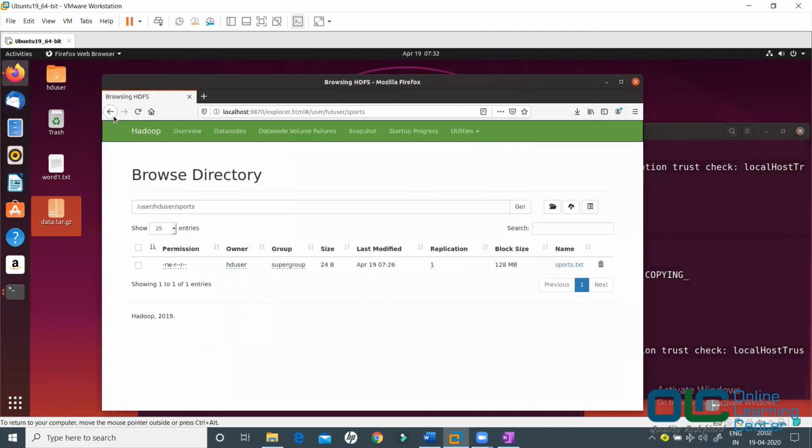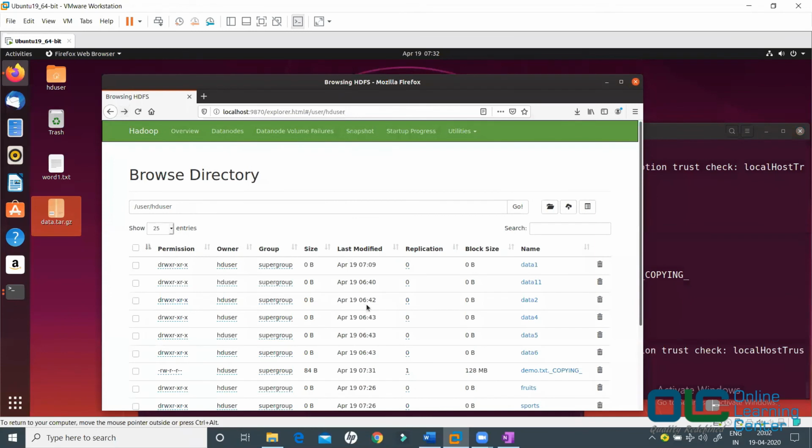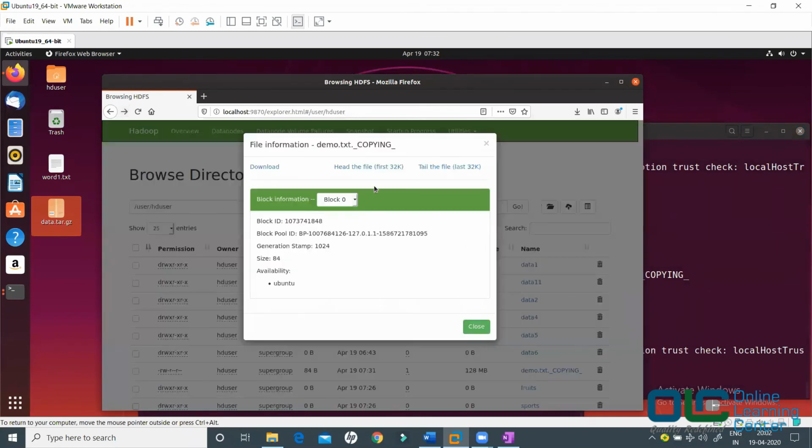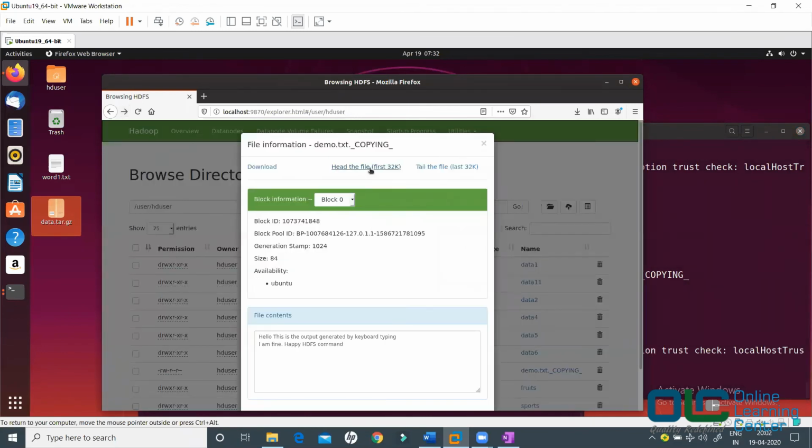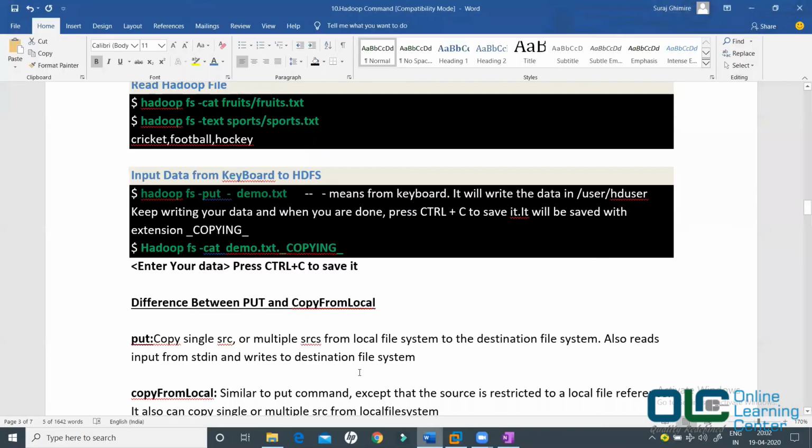You can go back to your browser, and here also you'll see the same demo.txt. You can read the first few characters, and it will give you the same thing, which means you are able to write something through your keyboard, and whatever you were typing was uploaded in your HDFS. So this is also what you can do.